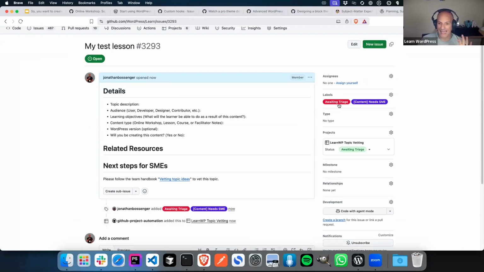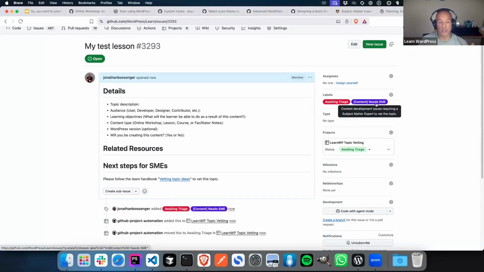What you'll notice is it then adds the awaiting triage label and the content needs SME label. So it needs a subject matter expert to verify this information. The training team will then pick this up. Somebody will triage it. They will label it accordingly and remove the awaiting triage label. They will ideally ping a subject matter expert and say, hey, is this information making sense? The person will check it out. Yes, looks good. And then it will move from the awaiting triage stage into the awaiting vetting stage